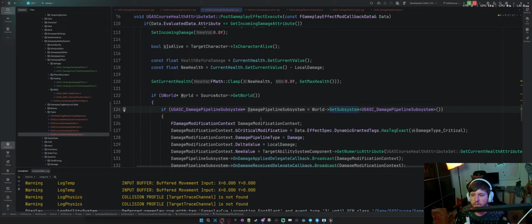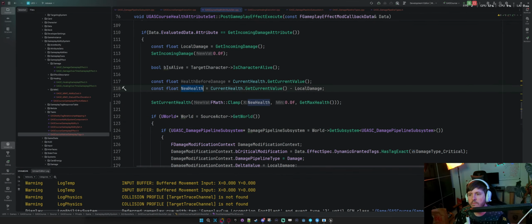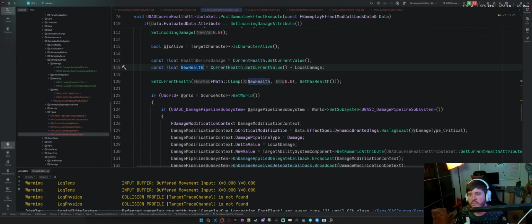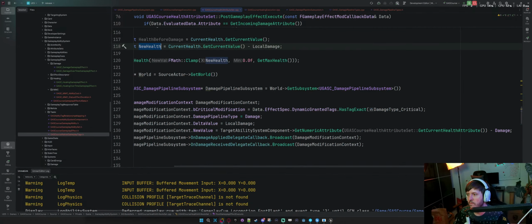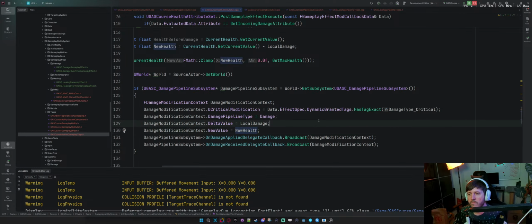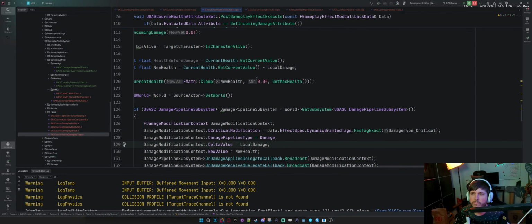That's equal to damage, so delta value is local damage. New value is new health. Probably also do, well, you could do the delta yourself, right?